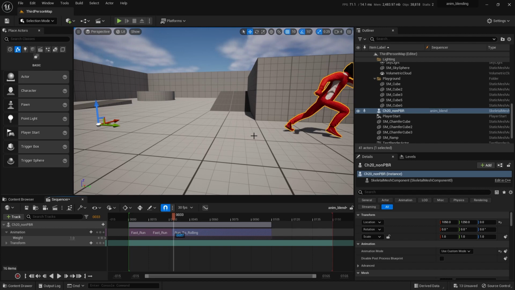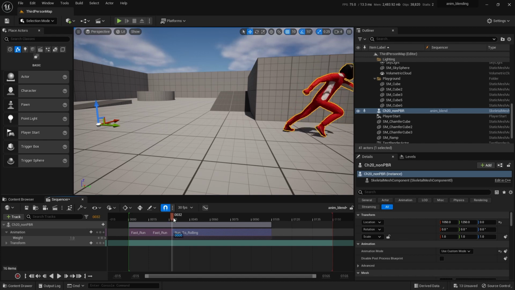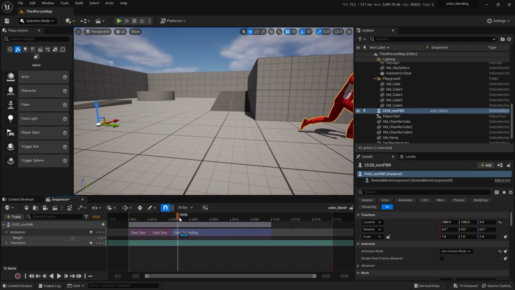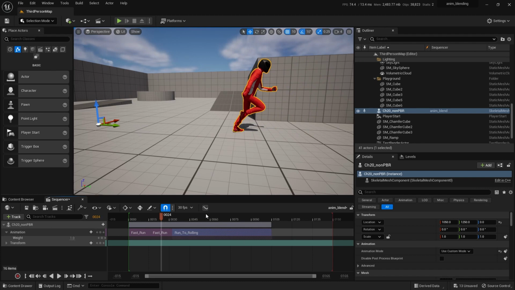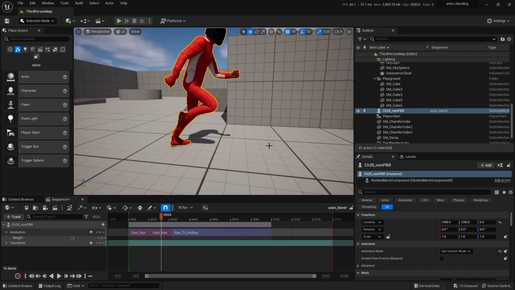One thing I could have done is gone back to Mixamo and did the mirror output so that this is his right foot instead of his left foot. But let's see if we can fix this anyway. How much of a blend do we have to go through there? So he's finishing running. He's got a bit of a stretch to go, but we'll give it a go. Let's see what happens. That's the whole purpose of blending. Might be a stretch at this, but let's give it a go anyway. I'm going to take this third clip and shove it into the first. Let's give myself a little more.